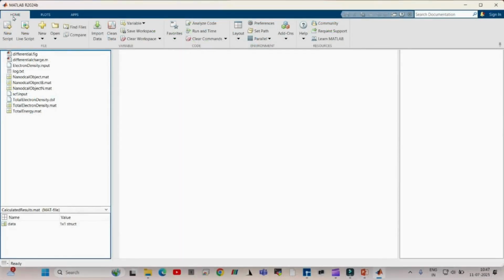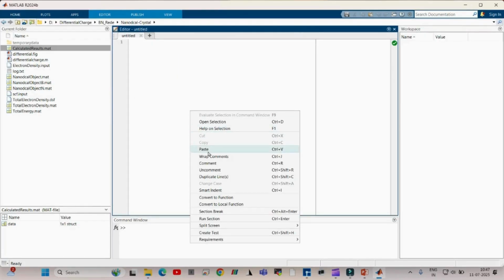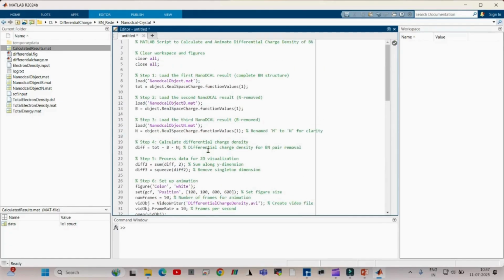After finding the differential charge and the graph, if you want to animate the differential charge, create a new script and type these commands. MATLAB script to calculate, animate, and plot differential charge density of boron nitride.